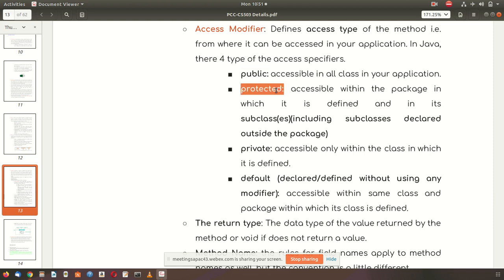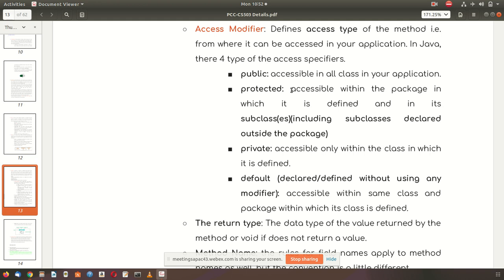Then protected. Protected is another keyword, just as public is a keyword. Protected is where data is allowed to be accessed only when some base class or some derived class is inheriting the parent class. For example, a parent class has protected data, int x protected.